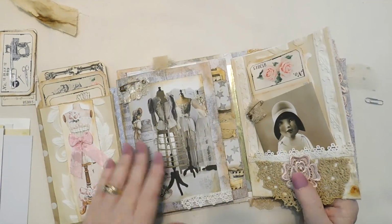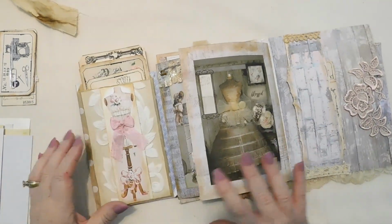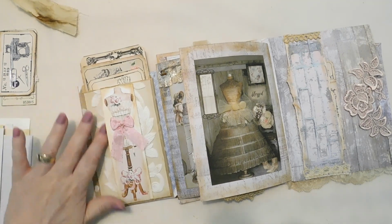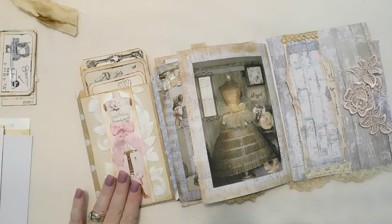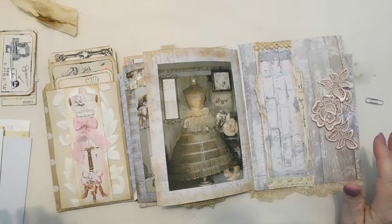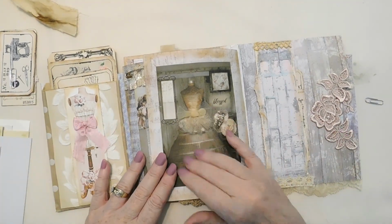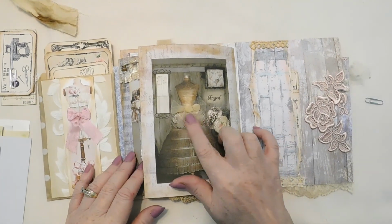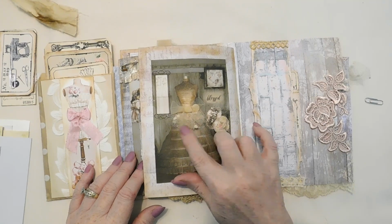And where else? Okay, it's coming up. And they had a roll of border wallpaper, and I really liked it. I hate covering it up, but I liked it, and it worked perfectly here. Okay, and then this is another card that I showed you, and I just put a little bit of a bow and some